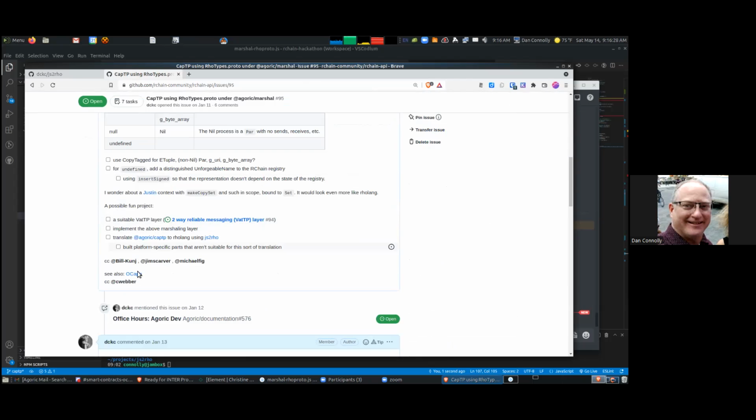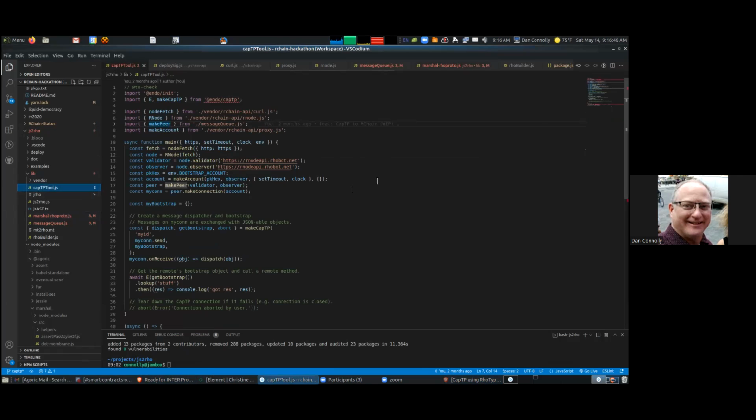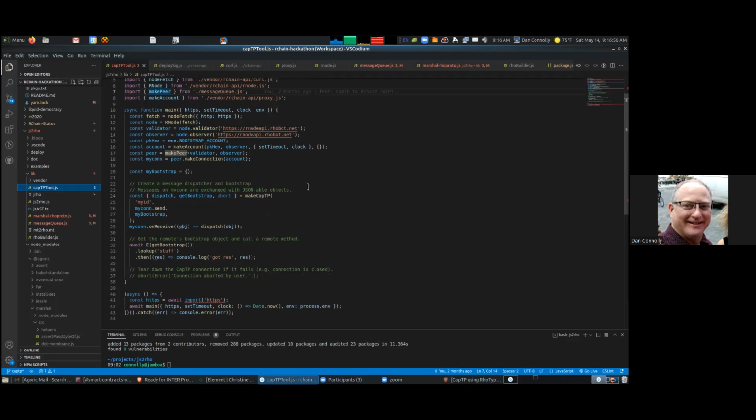So we have this possible fun project. This is the marshalling layer that's here. And actually, we might play with capTP itself a little bit. Last time, we had this capTP tool. Interesting. And then we did this. So if we wanted the get bootstrap thing to actually work,